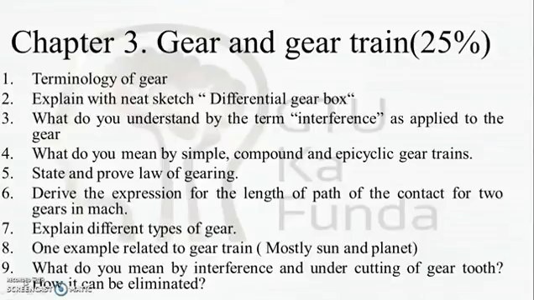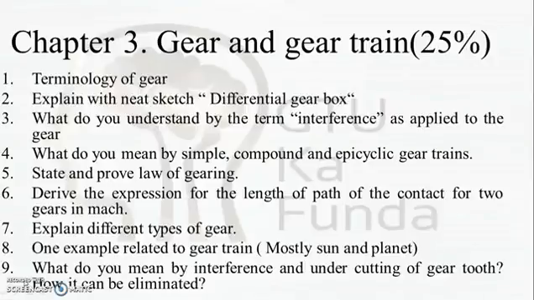For gear and gear train, the mainly asked example is the example related to the gear train. Whenever the gear chapter comes, there will always be an example of the gear train in the examination. So be prepared for the gear train example, which is very easy. You just need to prepare a table for the gears and add a +1 rotation. They will give a particular number of RPM, so you can easily find the values asked in the example. So be prepared for that example. It will come in 7 to 10 marks, and it will be easy for you to clear that example and get the answer.